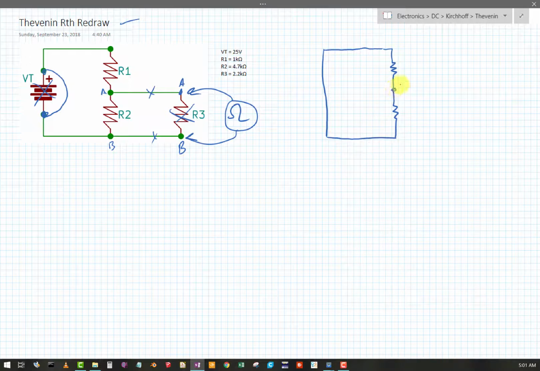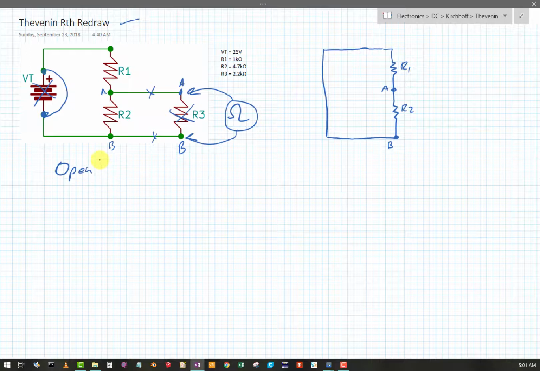So where was my load? Well, my load was between here and here. Okay, so here's R1, here's R2. Now look, I've drawn my path through the power supply just as a short or a wire. So here's my initial redraw. I haven't moved anything around, I've just applied the steps. And out in the literature, they'll tell you the steps are